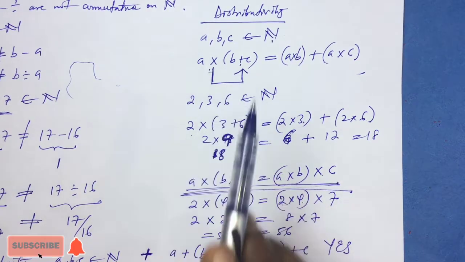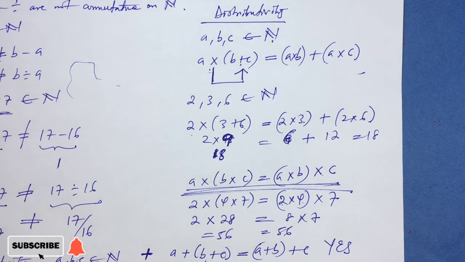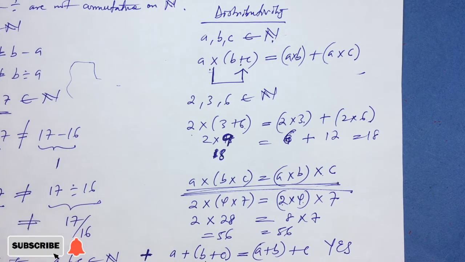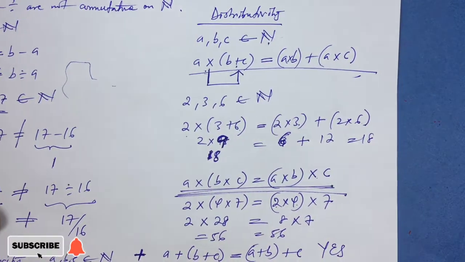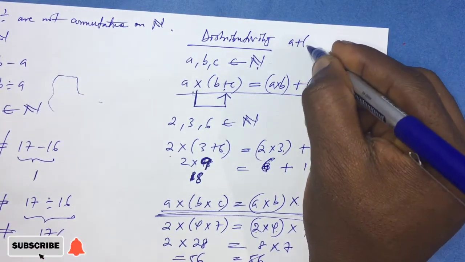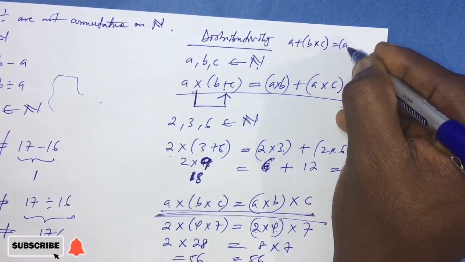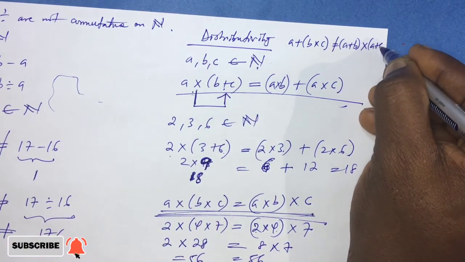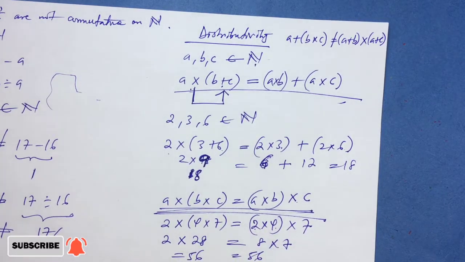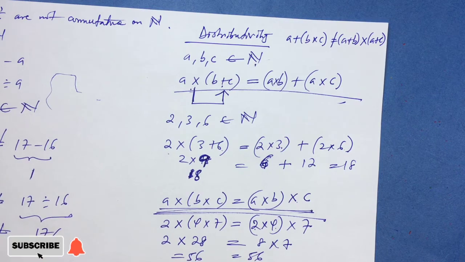over addition. Now, another property of the natural number system is that for any 3 elements you select from the natural number system, the distributive property holds for multiplication over addition. But addition does not distribute over multiplication. So you take note. Whereas this is true, take note of the fact that A plus in bracket B times C is not equal to A plus B times A plus C. This is not true. So what it means is that addition does not distribute over multiplication for a natural number